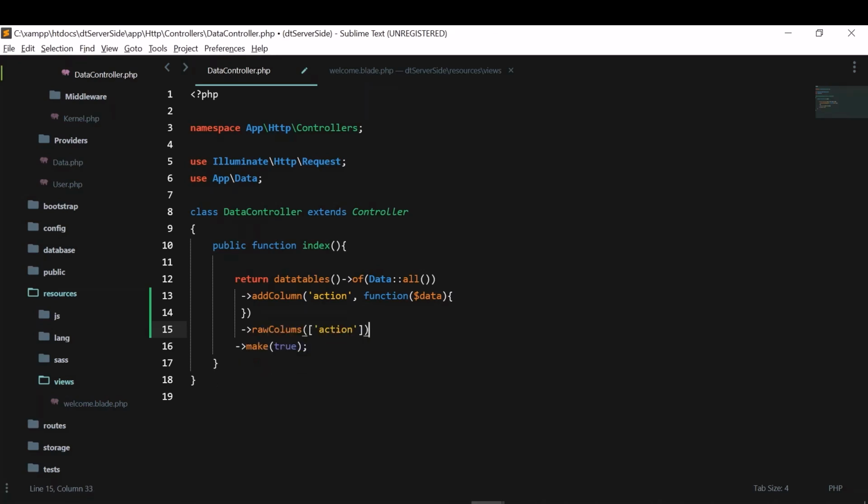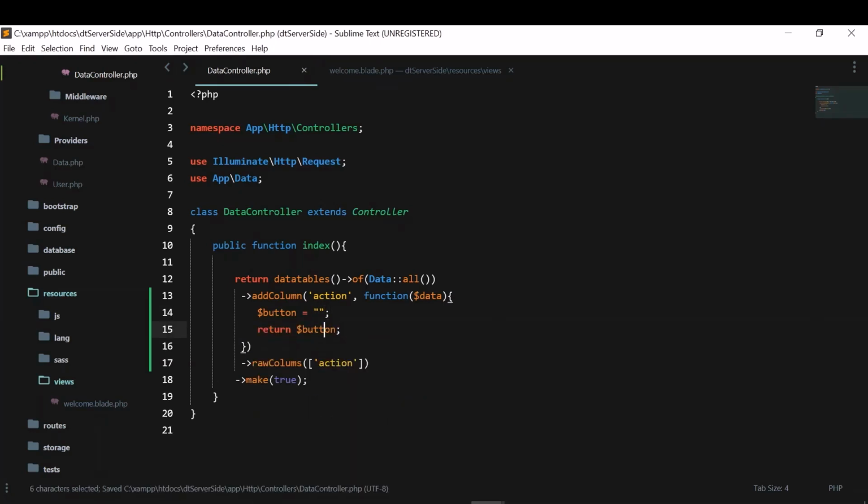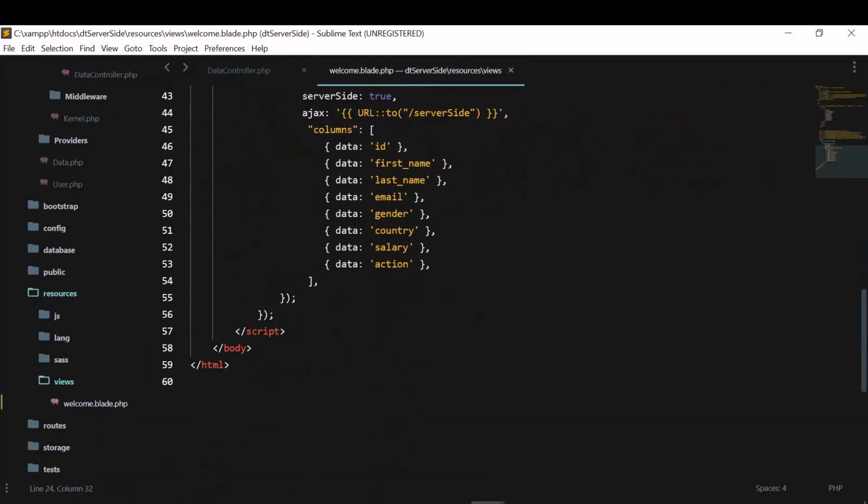When I give it like this, it will create a column with the name action. Here we can create the buttons. I'll write some button HTML here and then we'll just return the button. So now this button can be used on the server side.